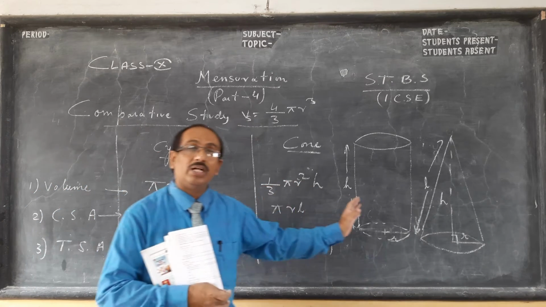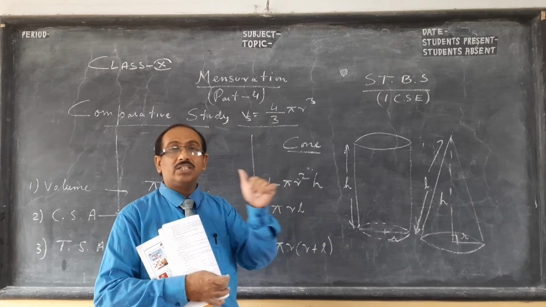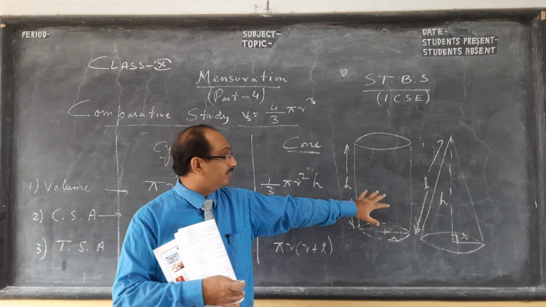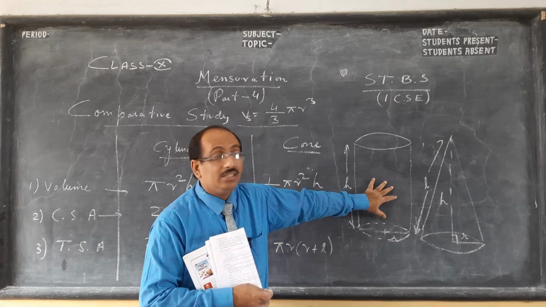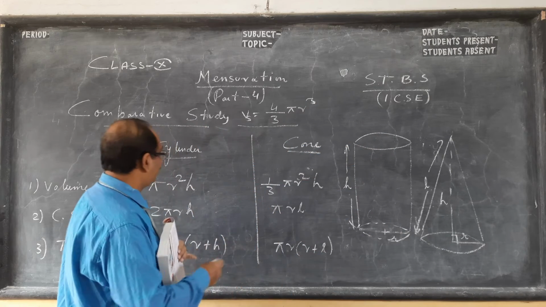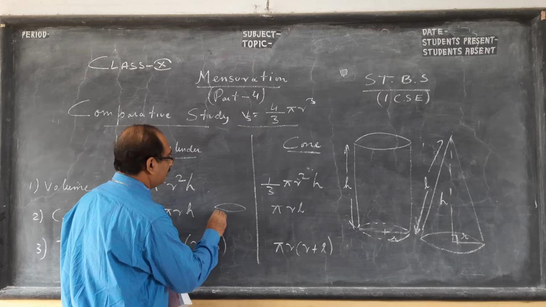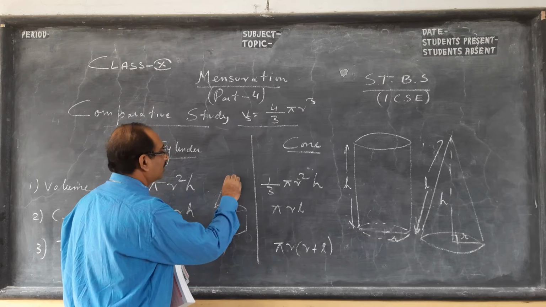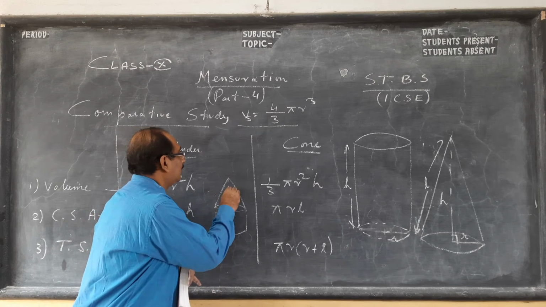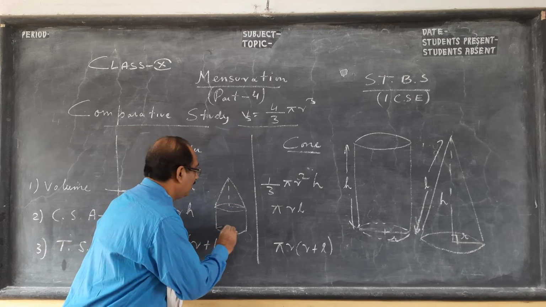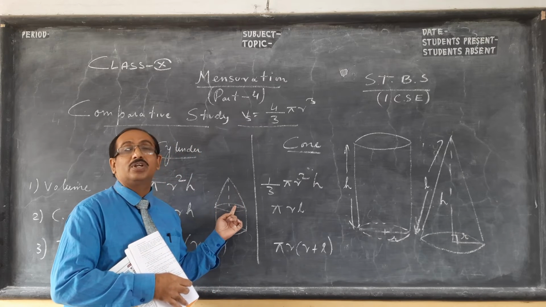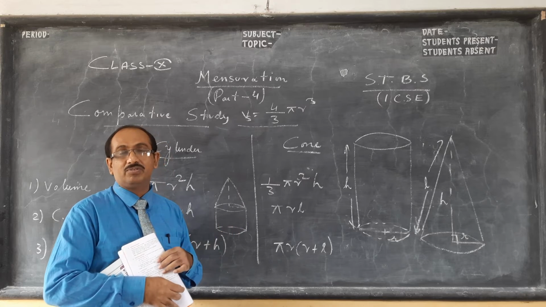So I was talking about melting and recasting. There are some questions, and one very good question is there which I'll do on ICSE, where like a circus tent we have a cylinder, on top of that is surmounted a cone. So you get a figure like this. This is a very interesting practical application of a cone combined with a cylinder, and here if you see, the radius of the cylinder is equal to radius of the cone. Okay, more we will see when we do the sum.